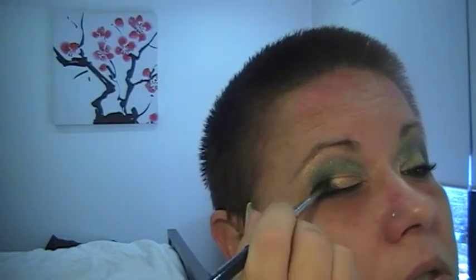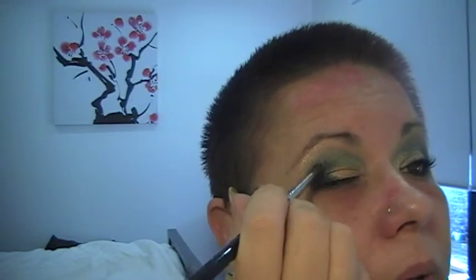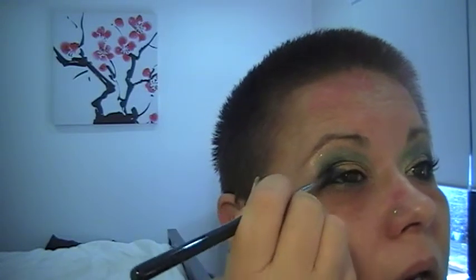So just really making sure that I've got that Chaos really nicely emphasized in that outer corner. And you'll see I'm getting some fallout, but that's one of the reasons why I've left doing my foundation till last. Now I'm just making sure that both eyes are even, because I don't want to lose any of the intensity. Then just going back in with that Junkie,